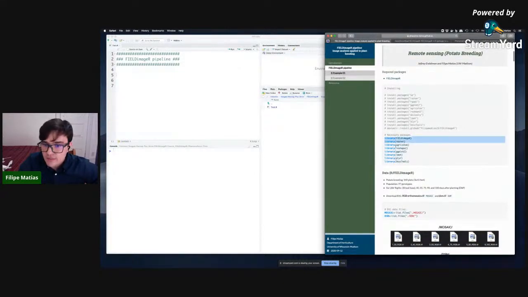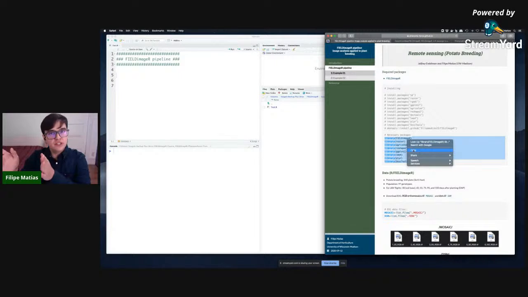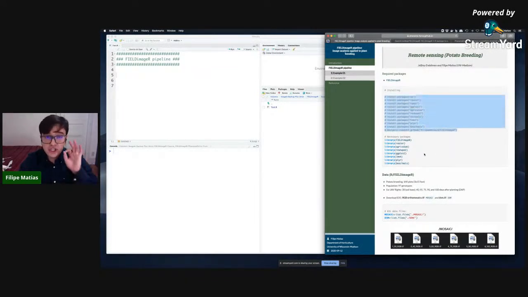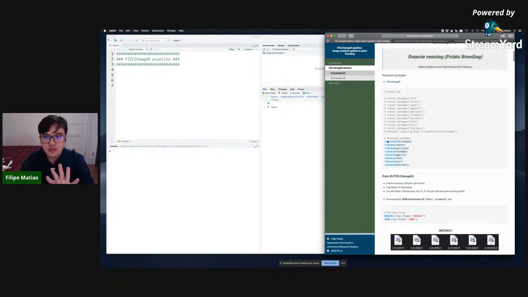Calling the necessary packages that we're going to use today. Today is going to be a copy and paste. We're going to follow this tutorial, copy here and paste in our R, and see what happens. If you installed all these packages, you can use this. For the folks that are using Binder, you do not need to install any package. You can come directly here and use